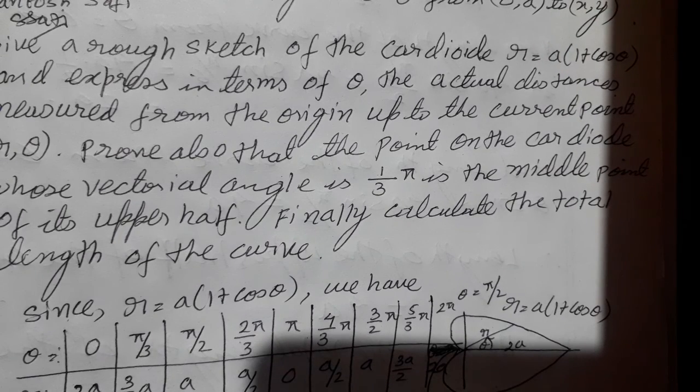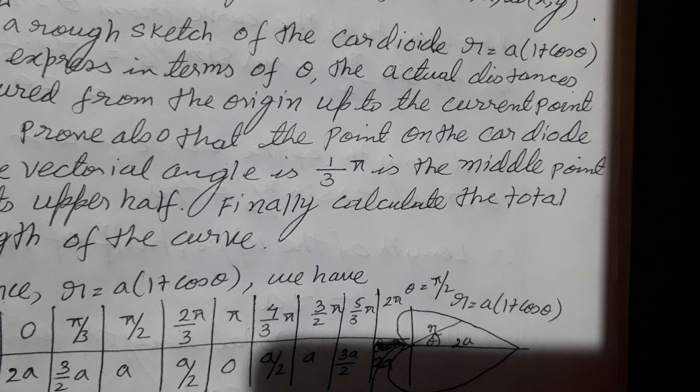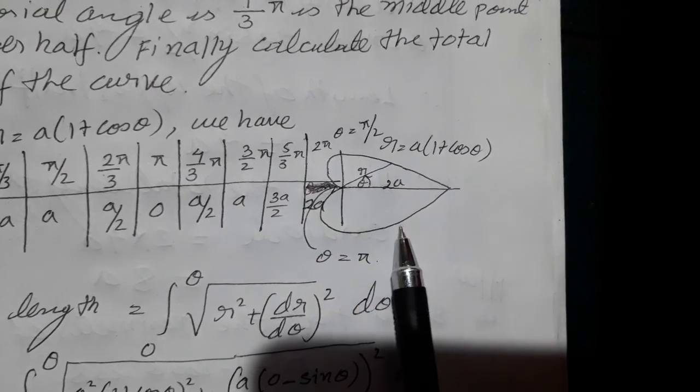So in this question, I'm going to find a rough sketch of the cardioid r = a(1 + cos θ). So that is the equation of the cardioid. Okay, so we are trying to draw the diagram of this cardioid, and also we are trying to find that at the angle π/3, the length of that curve of the cardioid is, this is the middle point of the upper half. So we have two halves, so this is called the upper half,